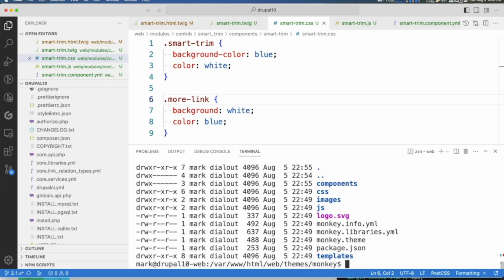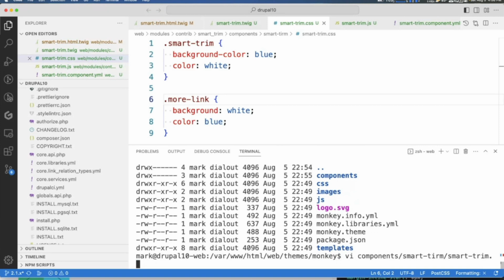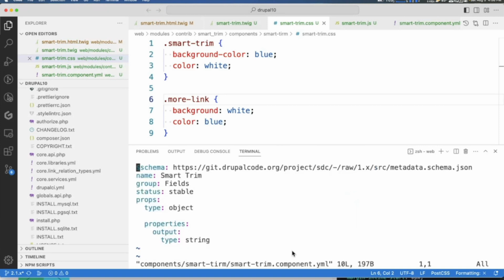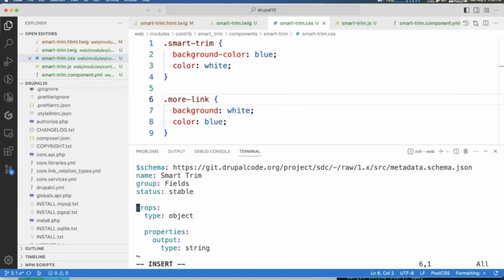So let's go ahead and, I hate vi with a passion, but I'm going to have to vi components, smart trim, and now I'm just doing this smart trim dot component dot YAML, and this is where we're going to have to put in overrides smart trim smart trim.